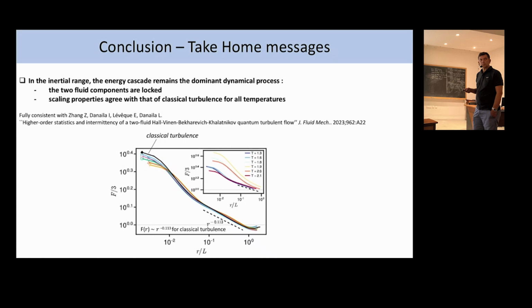Do you want to respond to it? Yeah, I would like just to add something that really goes in the same direction. With Nico, we looked at the intermittency in an HVBK model in a slightly simpler version of yours. Mutual friction was the mean entropy, and we did vary the superfluid fraction as a function of temperature, and we didn't observe any change in the intermittency. Yes, we did it also. Qualitatively, you don't expect big change by playing with the value of the parameters, B prime. We didn't see any change of intermittency on all the range of temperature we studied.